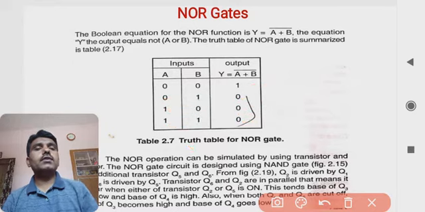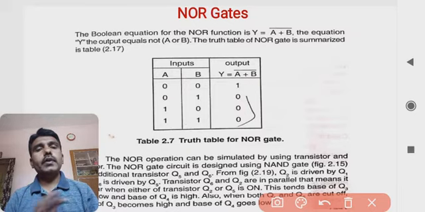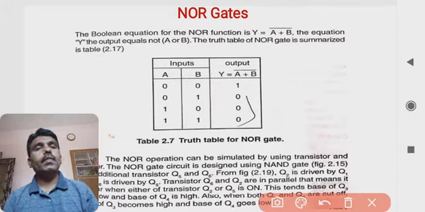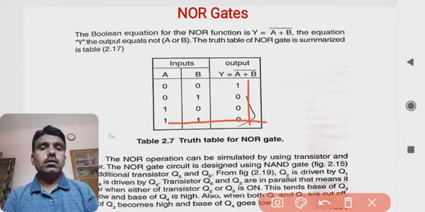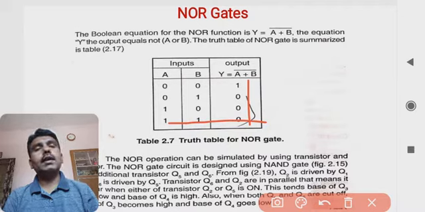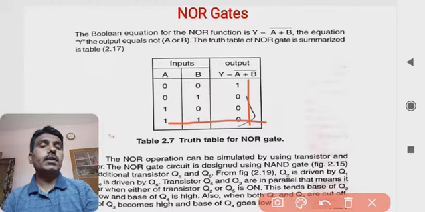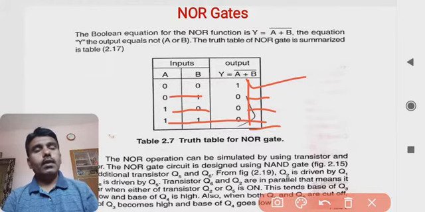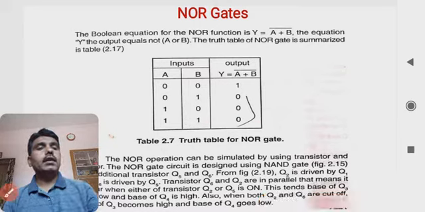So this is how the NOR gate works. That means the OR gate is added with the NOT gate. Whatever the output of the OR gate is, that will be completely inverted by this NOT gate, and you will get the result in this fashion. And that's why the logic for the NOR gate is: when any of the inputs is high, output is 0, otherwise it is high. And this is the logic behind this NOR gate, and its truth table.